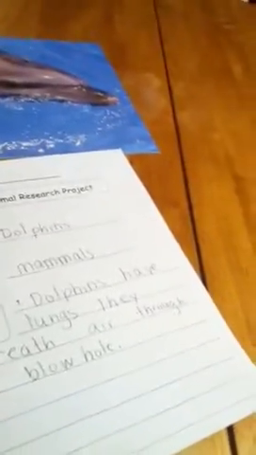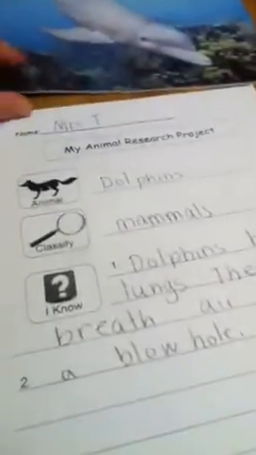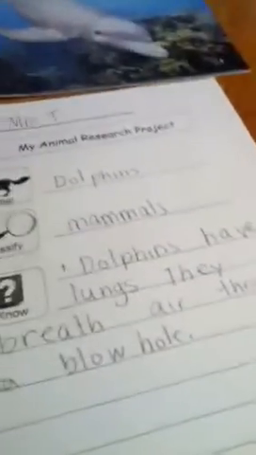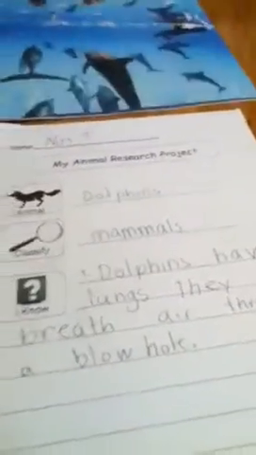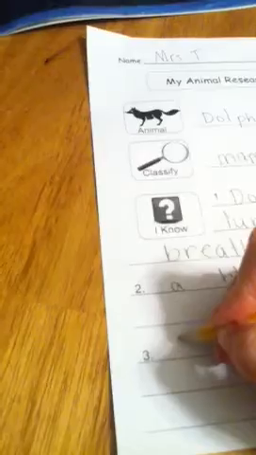Now, boys and girls, that's my first fact, and I need to find another one that tells me about how I know that a mammal is a mammal. Well, I see them swimming here and moving in the water, so I can definitely write that, because we know that mammals move. So I could say,